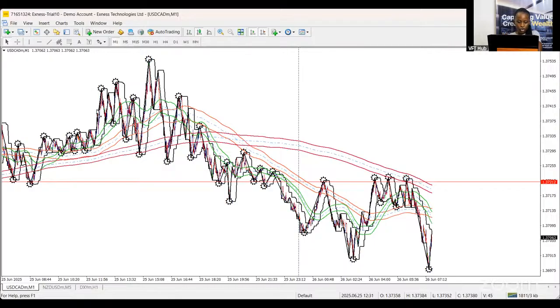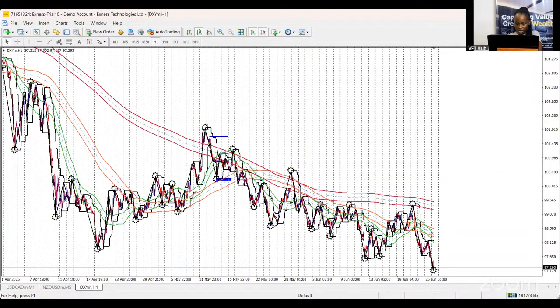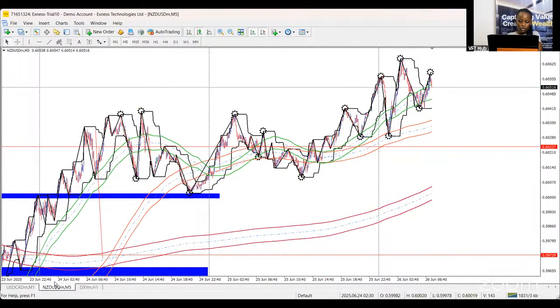So we saw persistent weakness, dollar kept tanking throughout yesterday. Let's quickly look at that so you see. So this is the DXY on the 1 hour time frame. You can see how clear the sell was. So having this now, looking at what this has done, we're now wanting to see what impacts. Of course, the dollar is selling, NZD USD should be buying, so should AUD USD.